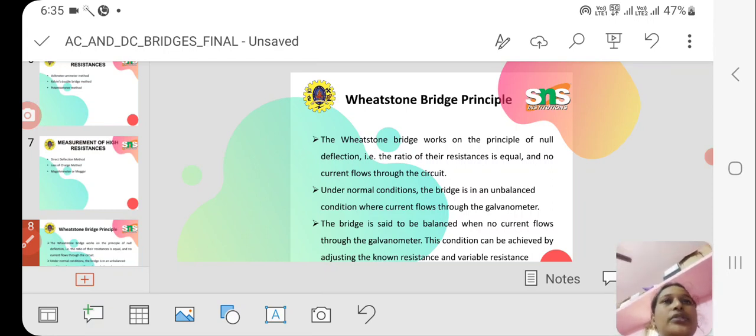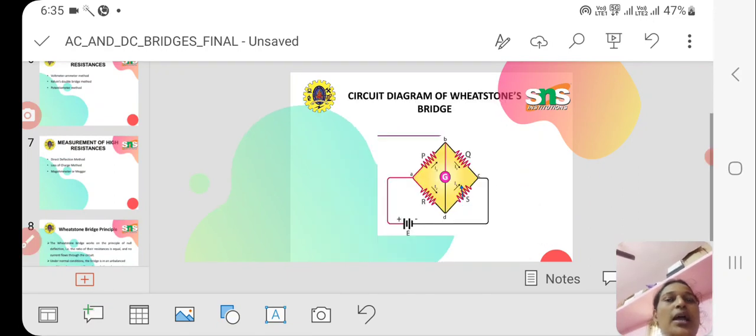The balance condition is zero difference voltage at the terminals of the null detector. The principle of null indication is the basis of working of the Wheatstone bridge, and thus it provides high accuracy in